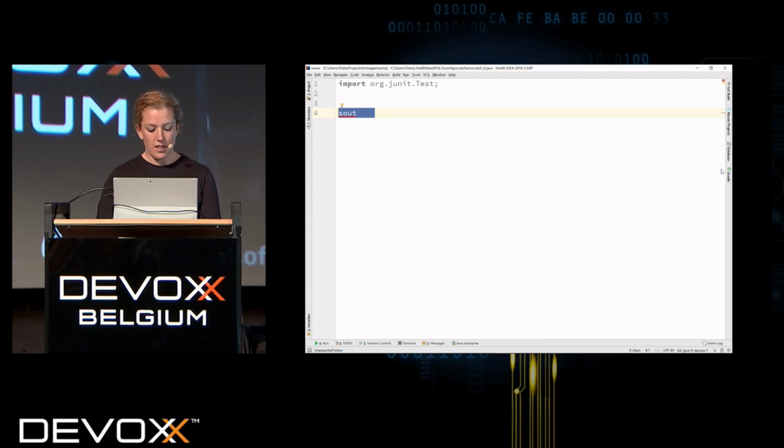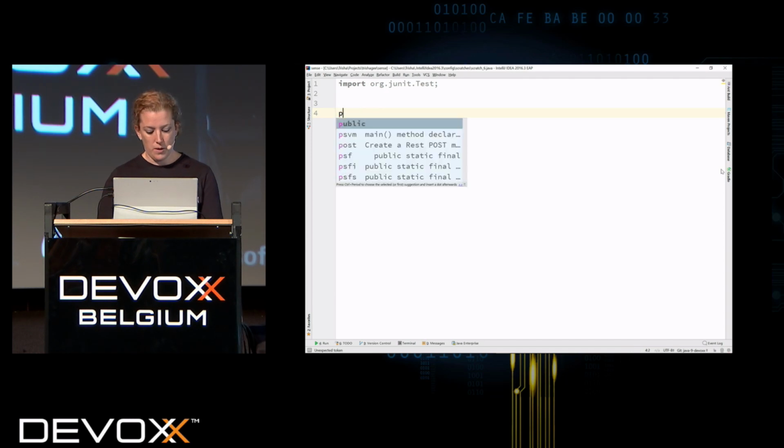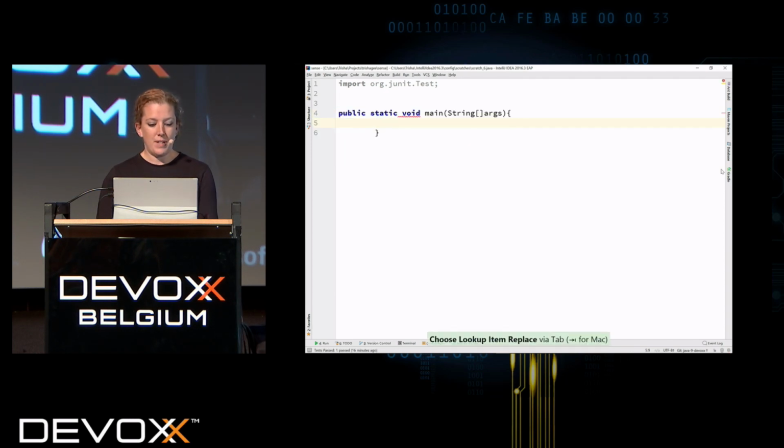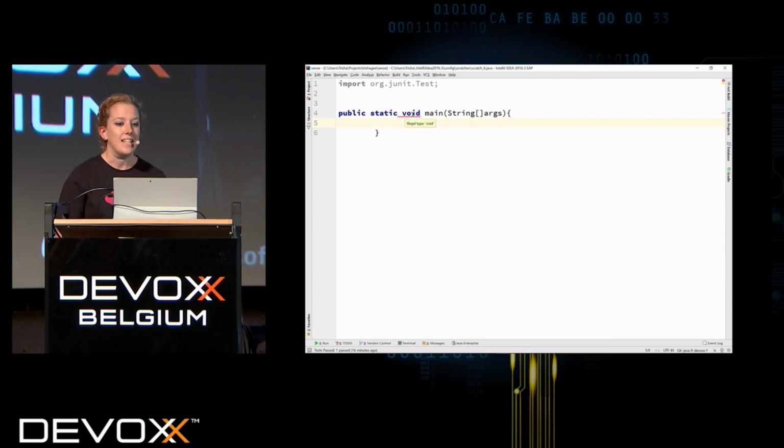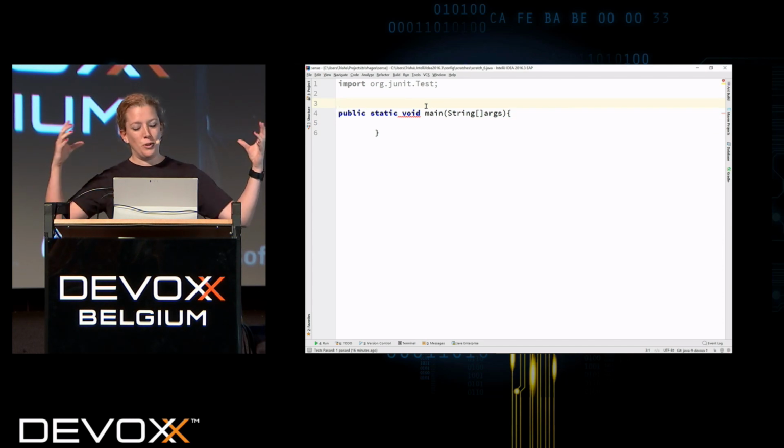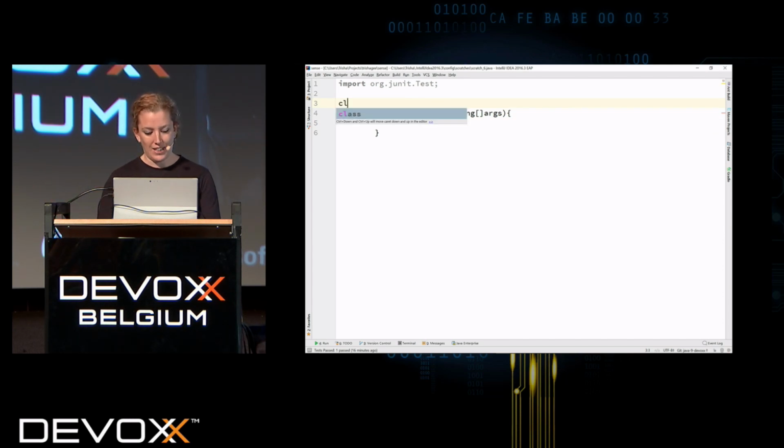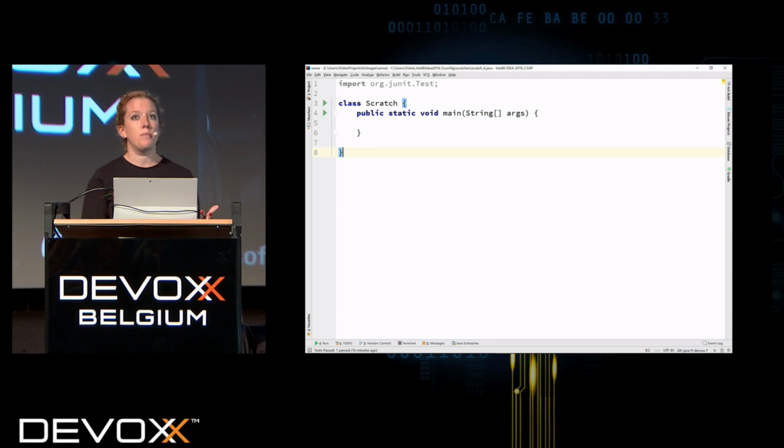So if I do public static void main, I get myself a main method, but I have to be inside a class. So even the Scratch files for Java, because it's this proper, full, massive OO language, I still have to have a class of some name, I don't know, Scratch, in order to start playing around with any of the language stuff. So that's one of the limitations of Java,